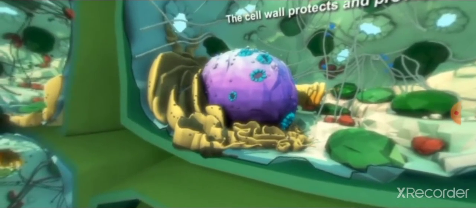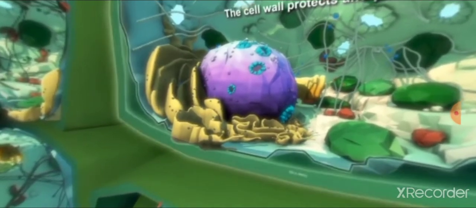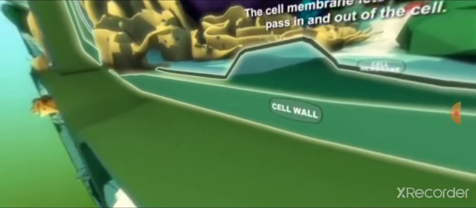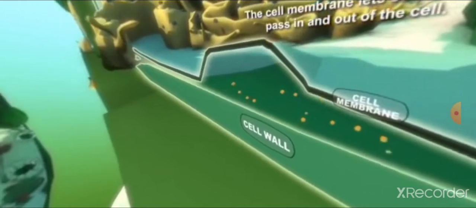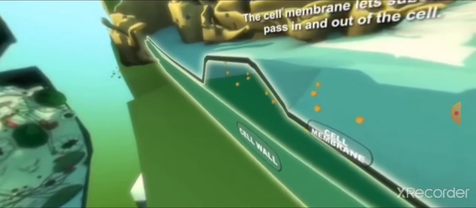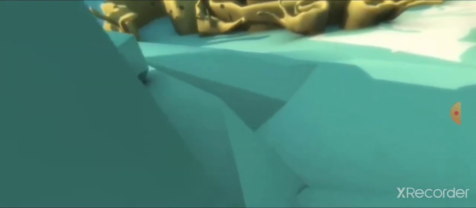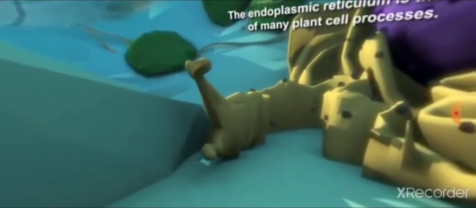Any material that enters the plant cell should pass through two membranes called the cell wall and cell membrane. Cell wall is made up of cellulose. It is a hard protective layer in a plant cell. After passing through the cell wall, the material needs to pass through the cell membrane. Cell membrane is selectively permeable, detects the importance of the material to pass in and allows it to enter into